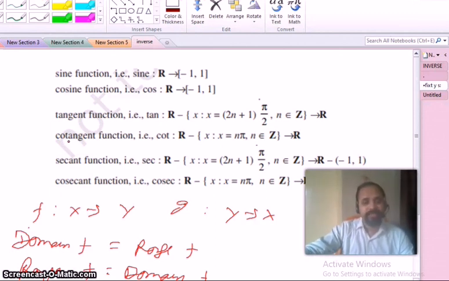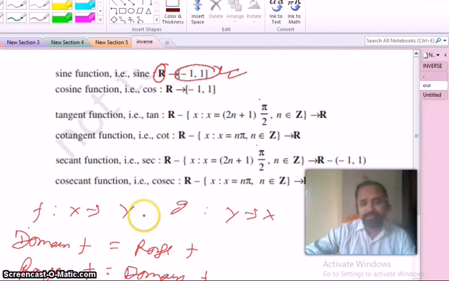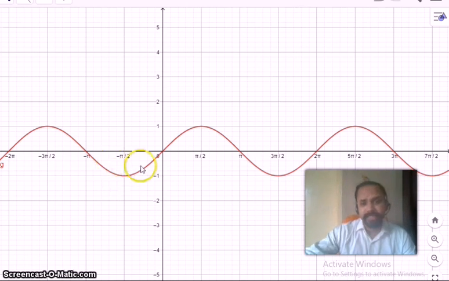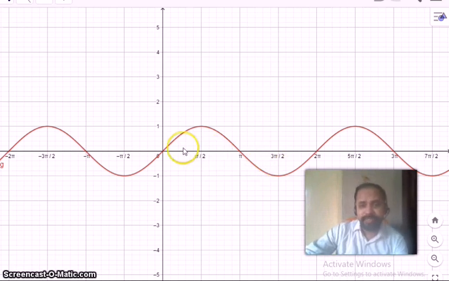But before defining inverse trigonometric functions, we must know the domain and range of trigonometric functions. Let us come one by one. As we know from class 11, the domain of sine is all real numbers and the range is -1 to 1. But how does it happen? Let us see by graph. If I draw the graph of sine, this is simply the value of sine, and you see the graph of sine is defined for all real values of x and the range comes from 1 to -1.